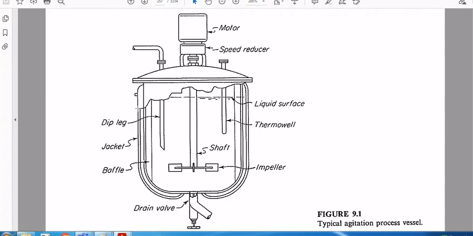So when you are sending ammonia, I am talking about this point now. As soon as the ammonia comes out from the distributor plate through the orifice holes, what will happen? The bubbles will be issued from the orifice and they enter the bulk of the liquid. The concentration of ammonia in the bulk of the liquid is 0 initially. Because of it, immediately the bubbles will dissolve into the liquid. And imagine if agitation is not there, what will happen? The zone surrounding the dip plug will have a high concentration of ammonia, and according to the two film theory, the concentration difference will become 0 and mass transfer will not take place.